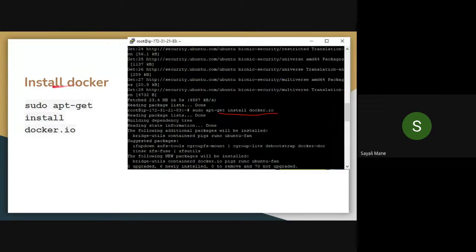Next step is to install Docker. To install Docker, this is your command. In the next line, please type sudo apt-get install docker.io.